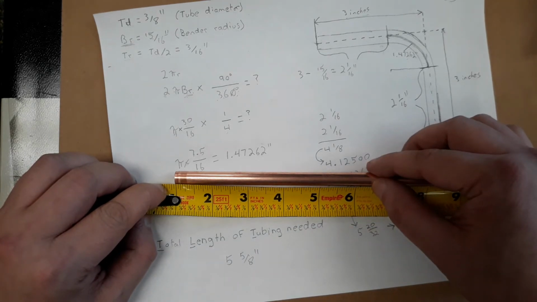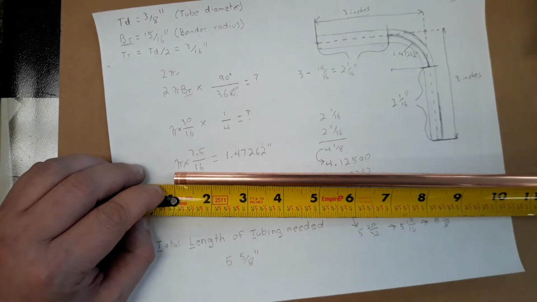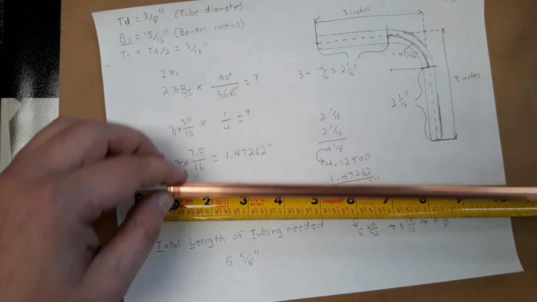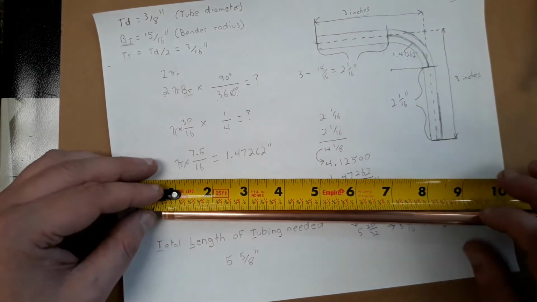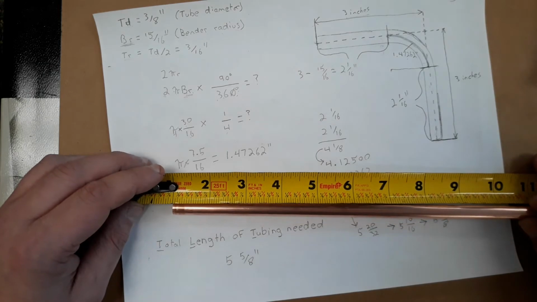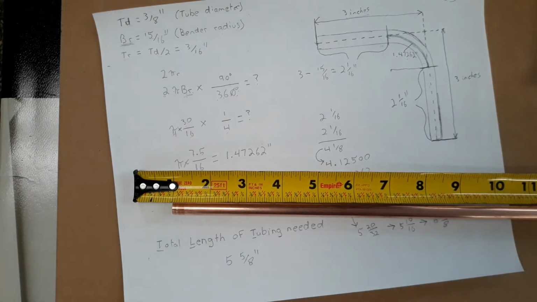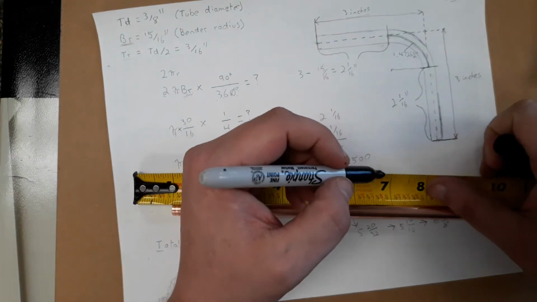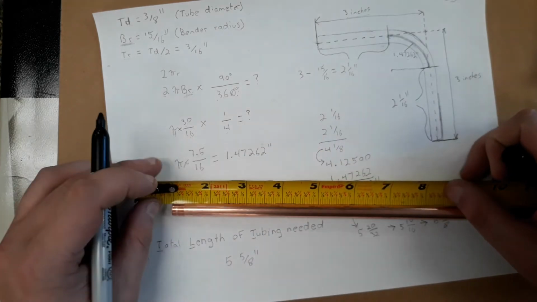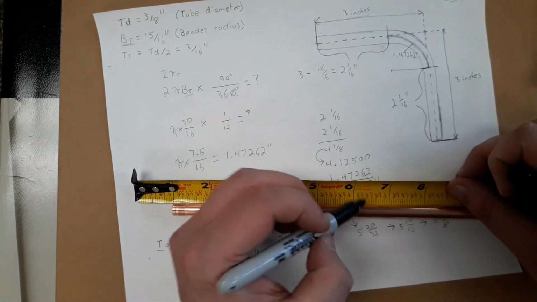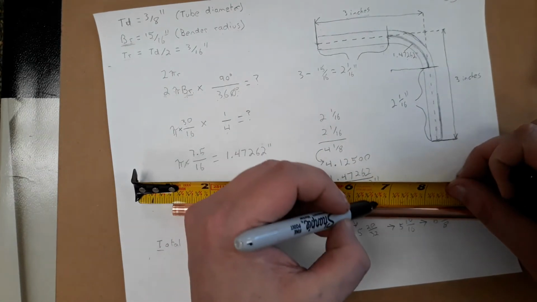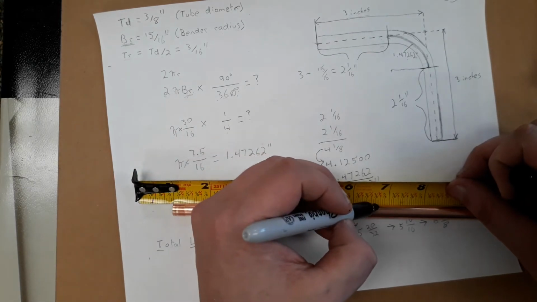And I'm going to go to 6 5/8, which might be a little bit easier to do on the other side. Start with the 1. I'm going to go to 6. Make sure that that stays with the end of the tubing. 6 5/8. Now, this marker is a little bit wide, so I'm going to make sure that when I mark,